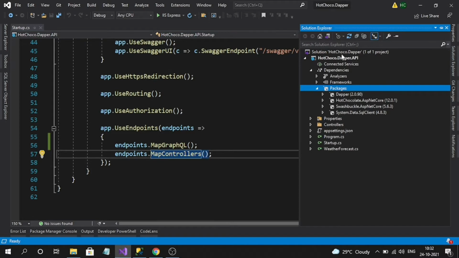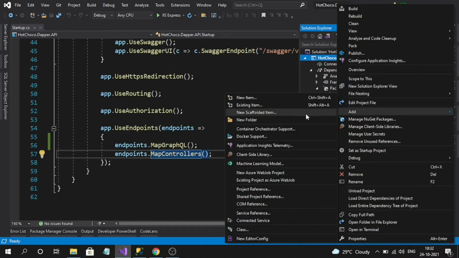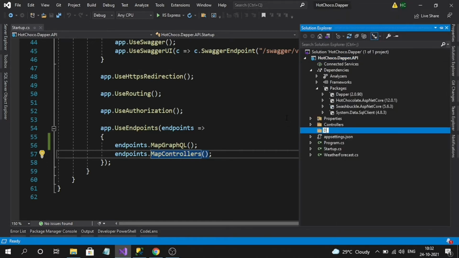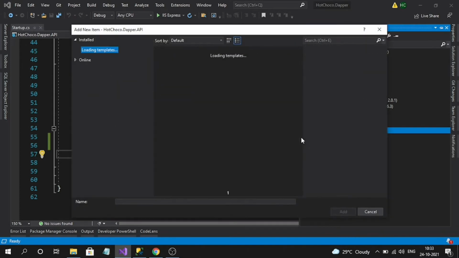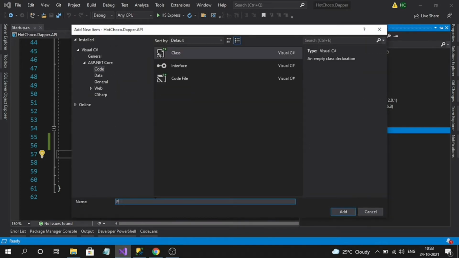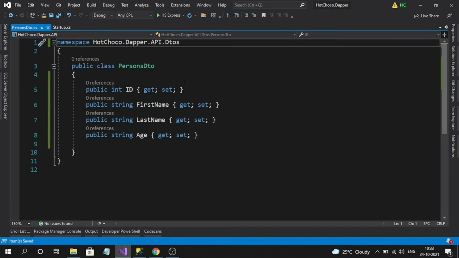Okay, for that let's create a DTO. And let me create a DTO like, okay, so let's add the column properties. So finally our DTO looks like this: ID, first name, last name, and age.